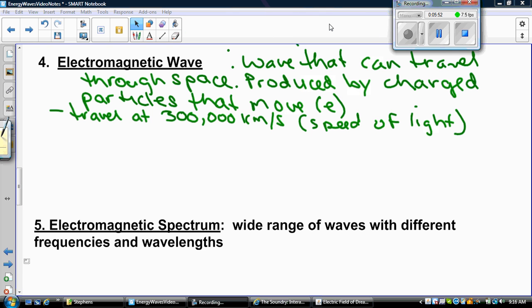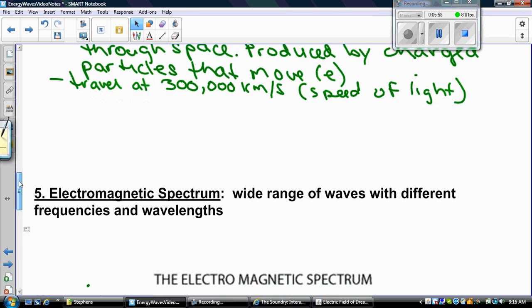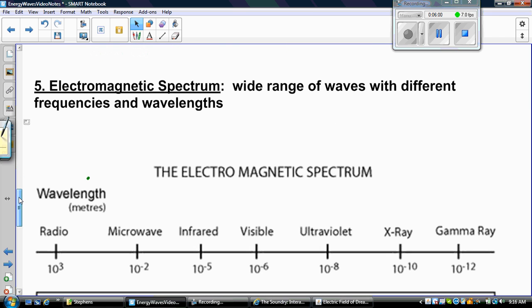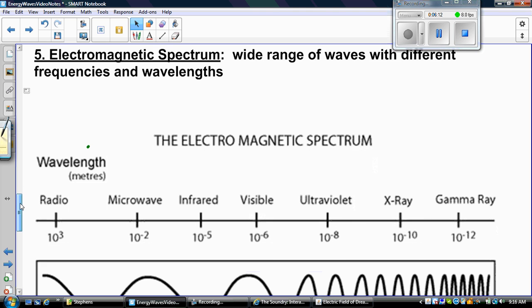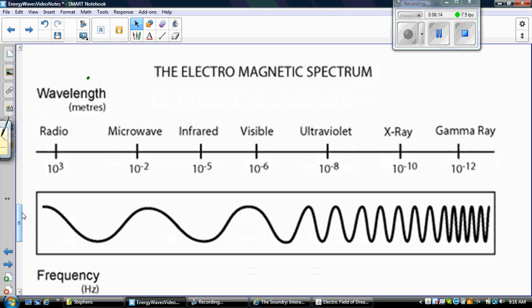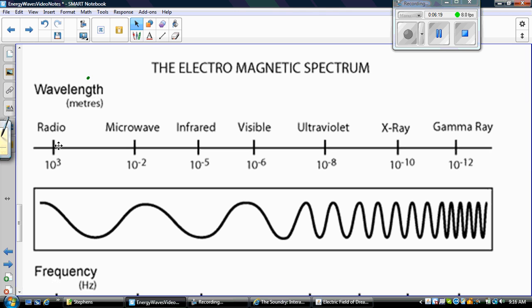Okay, in an electromagnetic wave, it can be broken down into parts. That energy that is released by the sun contains a lot of different types of energy. So it's a wide range of waves that have different frequencies and wavelengths. So our electromagnetic spectrum carries a lot of different types of waves that carry different types of energy. So if we take a look at this electromagnetic spectrum, we've got radio waves,